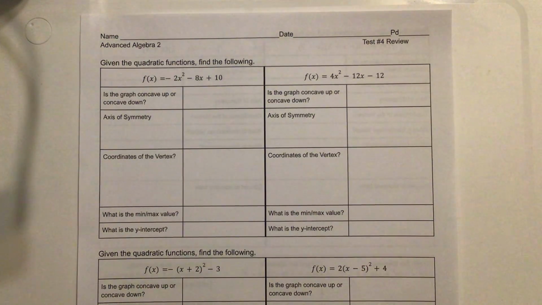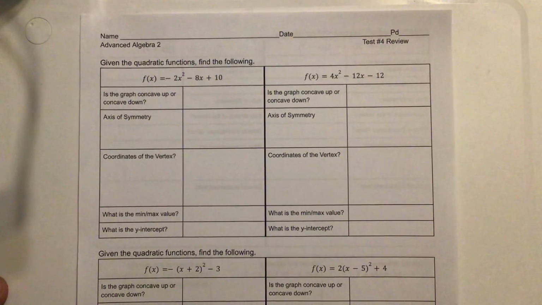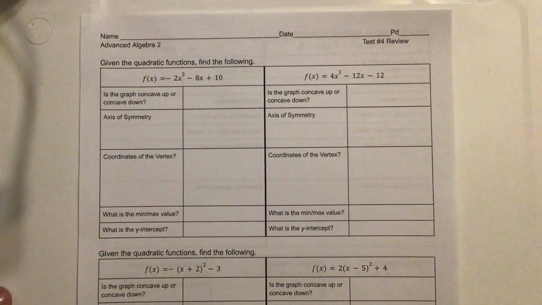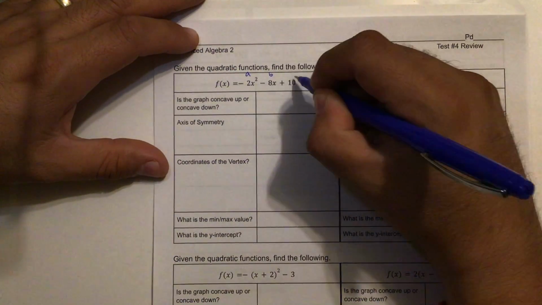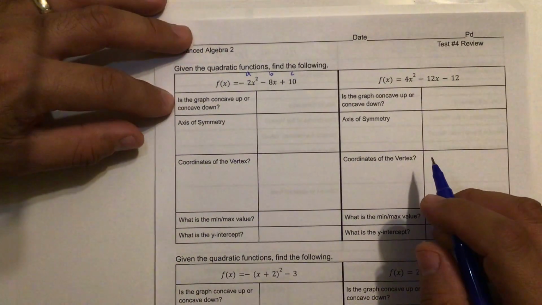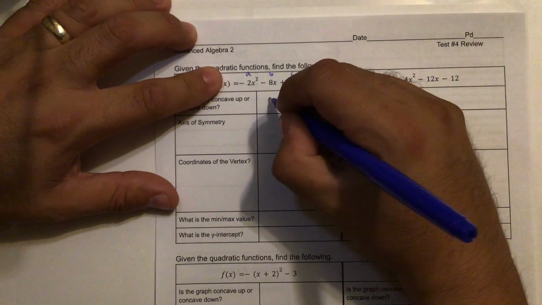All right, so here is the test review. So the first one says, given the quadratic functions, find the following. This one is in standard form. So first off, this is going to be A, B, and this will be C. Is the graph concave up or down? We look at the A value, it's -2, so that's concave